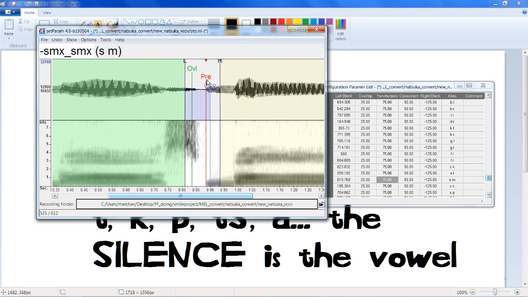But anyway, I do like to pull left blank back and move overlap to a place that's consistent.